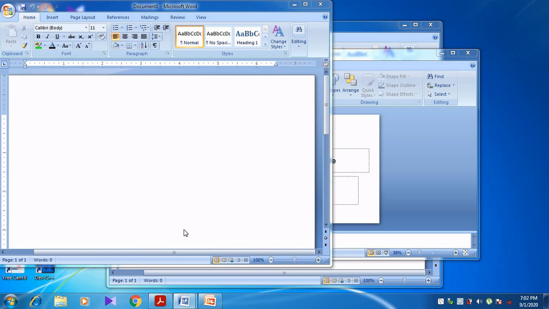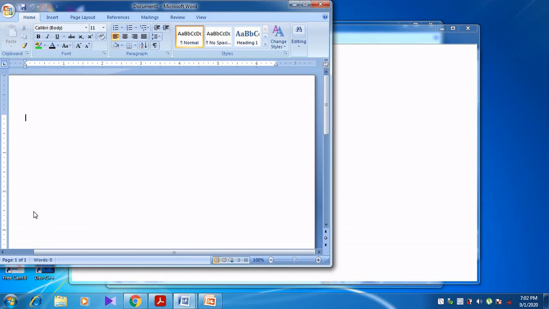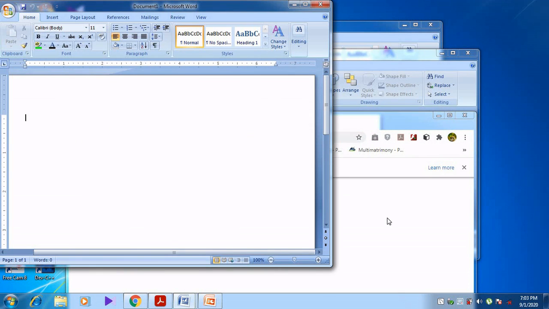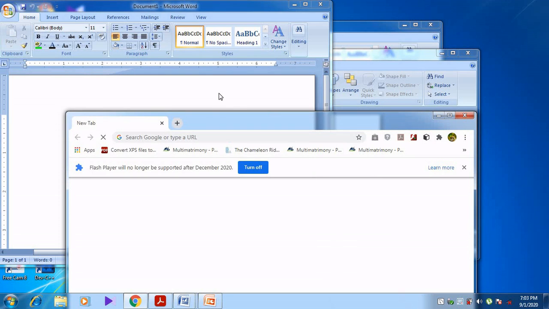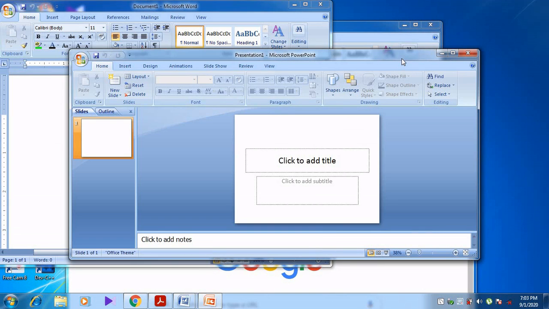It takes some time to open, so that's why it's getting late. Right, now you see here, what happened? Google Chrome browser becomes active. Microsoft Word or PowerPoint becomes inactive. But when I click on Microsoft Word, Google Chrome becomes inactive. When I click on Google Chrome, it is active. When I click on Microsoft Word, it is active. When I press on Microsoft PowerPoint, the other two are inactive. Can you understand, students? So that is what they are explaining, right?